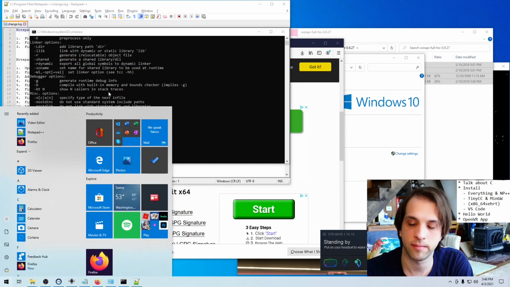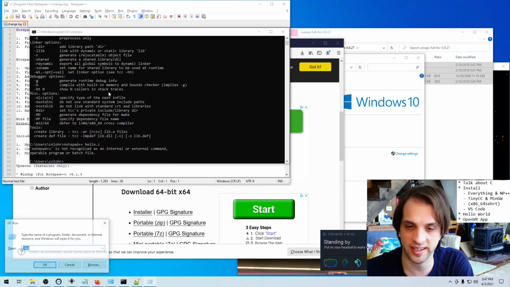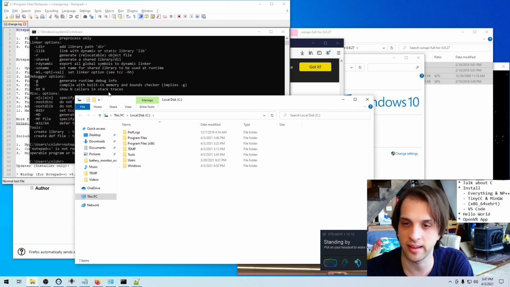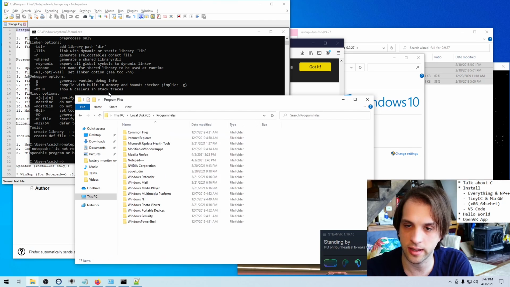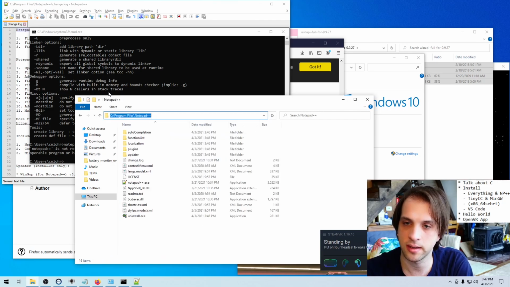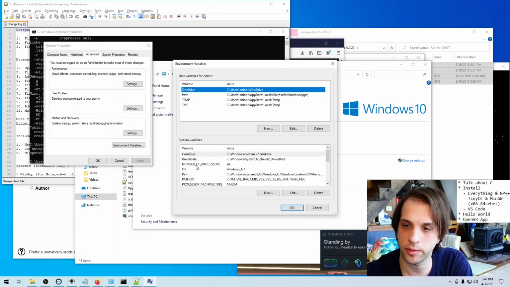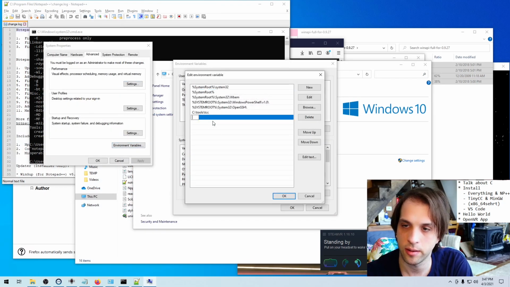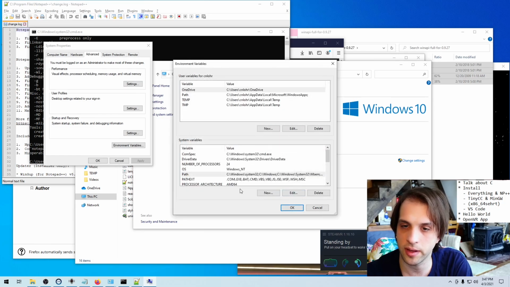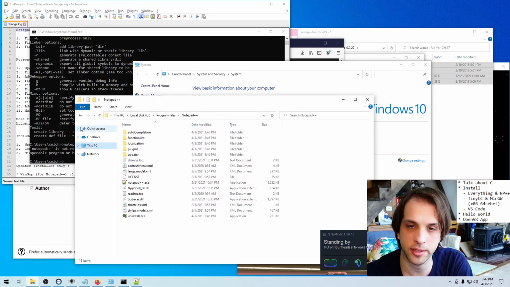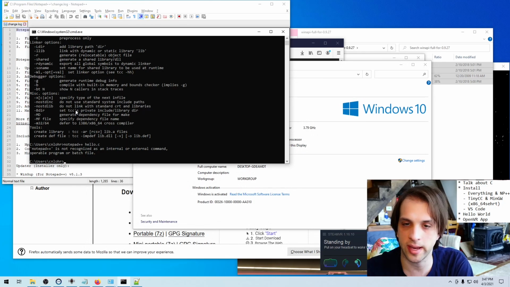hello.c. Oh, I need to add Notepad++ to my install path thing. So Program Files, Notepad++. Let's go add that to advanced environment variables, path. Boom. Okay, so now from the command line, I can type Notepad++. I guess I could also just make a file, but